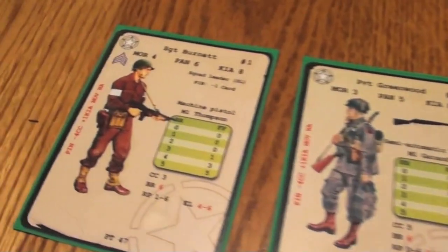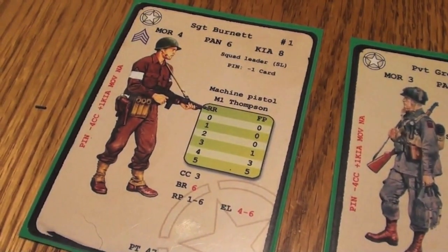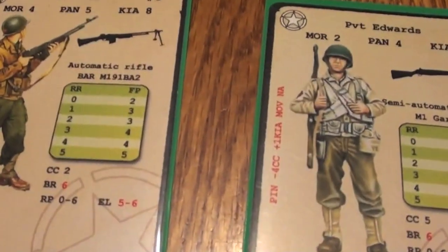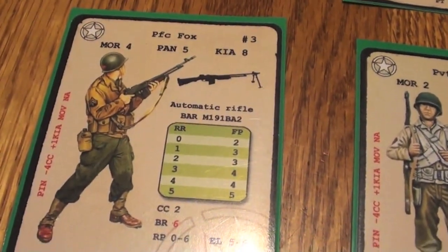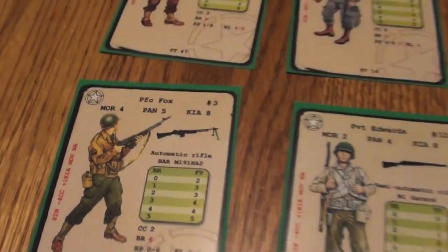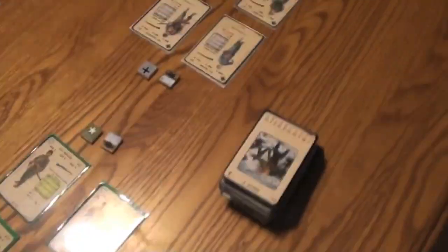Here's the squad leader. All right, where's the BAR guy? Here's a BAR, you know, the automatic rifle guy. He's got a little bit more powerful statistics on his weapons. And then if we go over to the Germans,